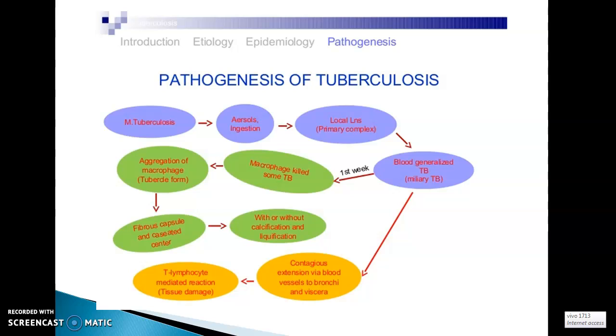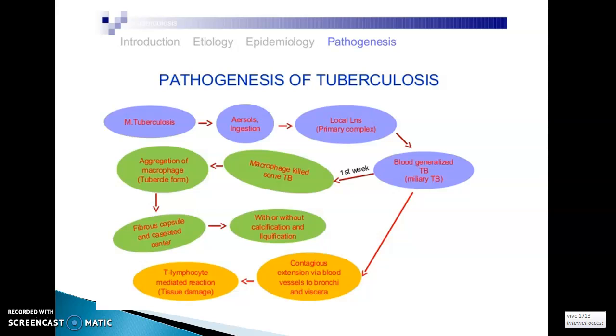Then the other route of entry is the mouth. When drinking milk containing Mycobacterium bovis, an animal pathogen, that organism can also cause the same disease. During drinking, they reach the mouth and produce a primary lesion on the tonsils. Again, the swallowed bacilli reach the intestine, and they produce a primary lesion in the intestinal wall. So in different parts they can cause different primary lesions.